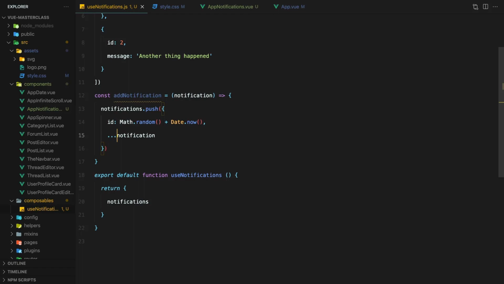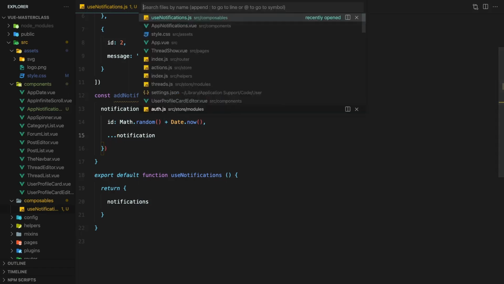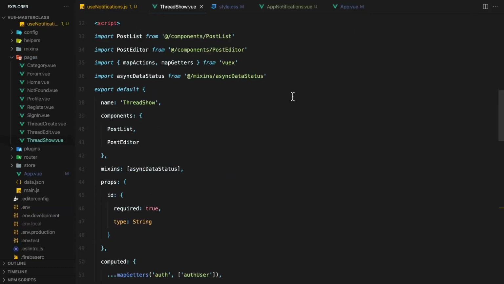Now, with our addNotification function in place, this means we can add a new notification from absolutely anywhere throughout our project. Since the goal is to notify the user when a thread's content has updated, let's use the addNotification function on the thread show page.